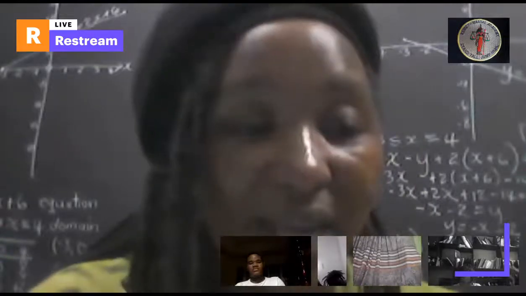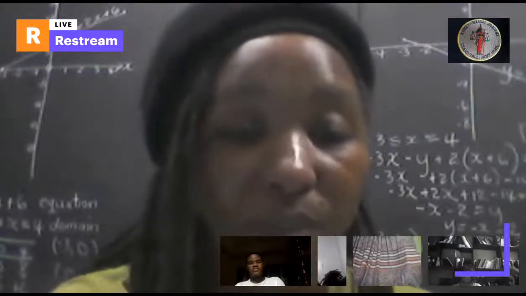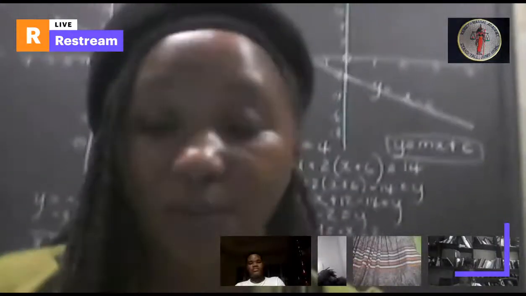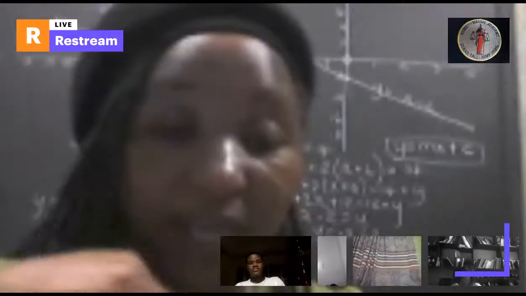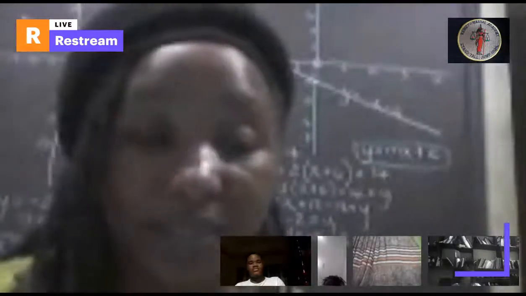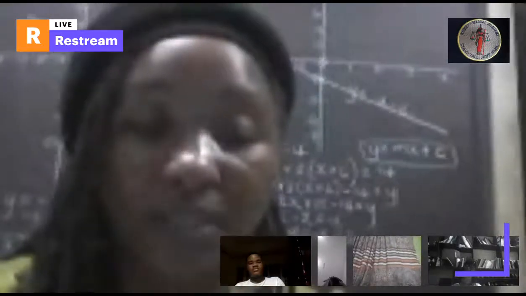Same thing for the line x equals negative 4. It cuts the x-axis at negative 4. It's a vertical line running straight through negative 4 on the x-axis. All right, so knowing that, we also went on to plot